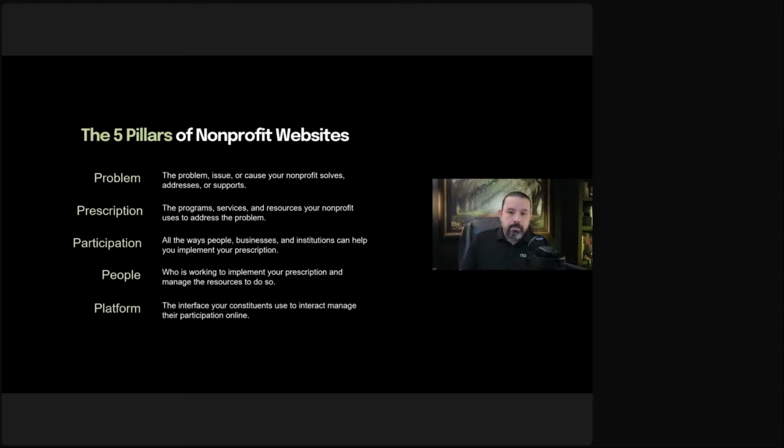It doesn't need a complicated architecture. It doesn't need the latest fly-in animation. And for God's sake, it does not need an 18-year-old managing it. You need a serious website. This is your worldwide presence to the world. It's representing your mission, and it needs to do that with excellence. Now, excellence, again, does not mean you need to adopt the latest design standards that tomorrow are out of style. What it means is that you need 5 pillars. You need to focus on 5 specific things. And honestly, you have to question if anything's not one of these 5 things, why is it on your site?